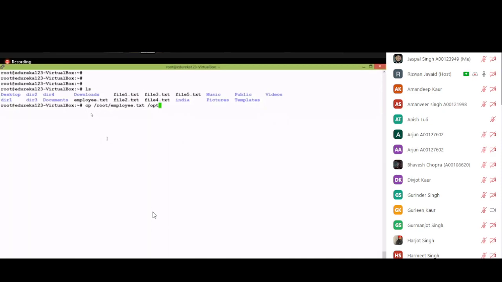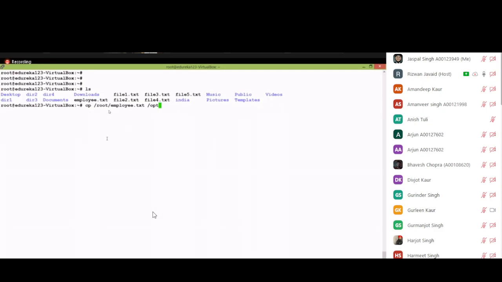Okay, so you have to understand: this is the source, and then we also have to mention the destination. One student was writing only this command but not the destination, so it was giving an error. When you write this command, you have to keep two things: the file name, and the folder or directory.